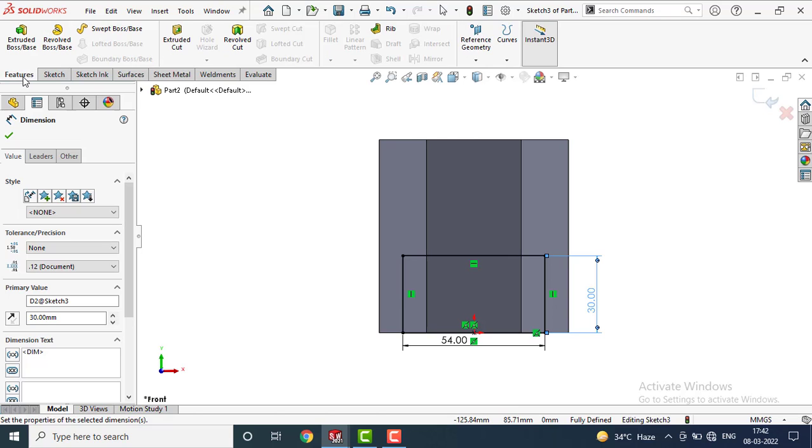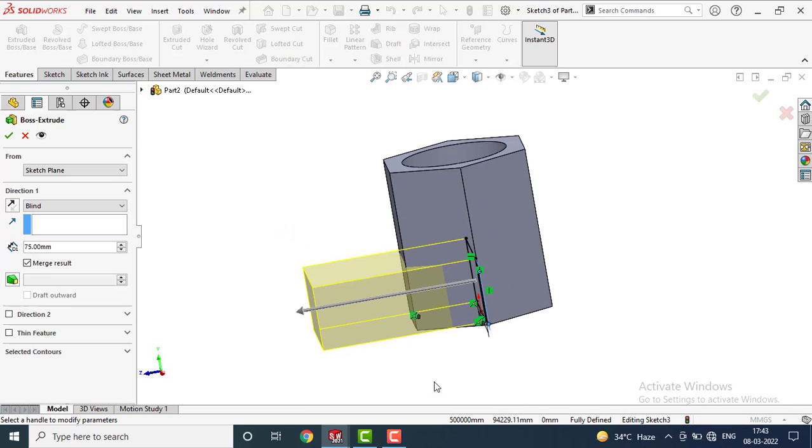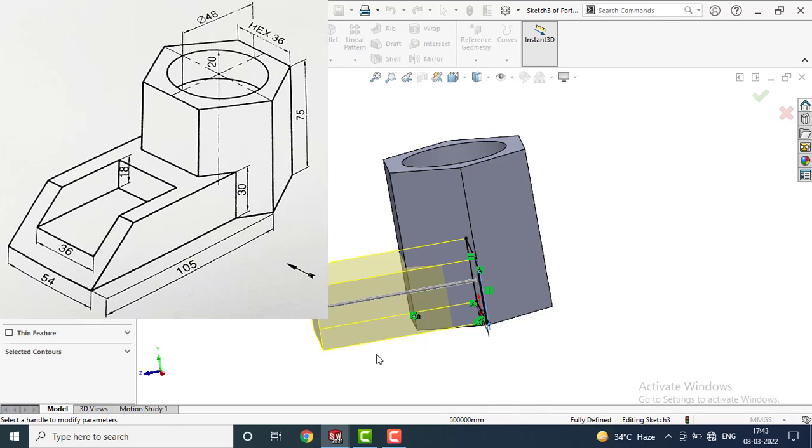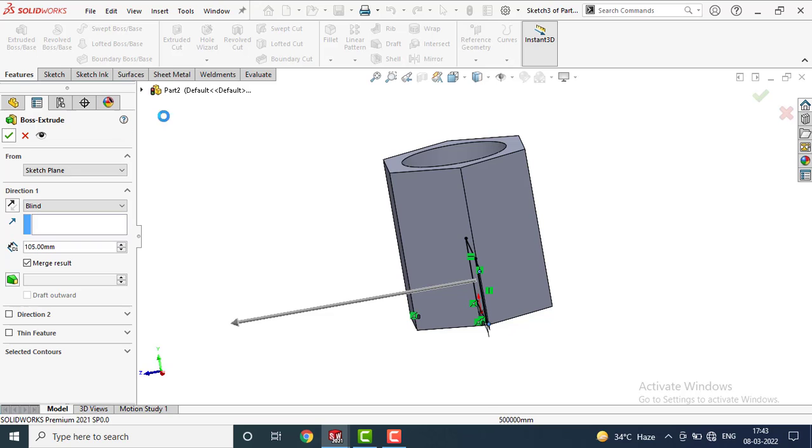Again go to features, select extruded boss. As given in the figure, the distance of this object from this edge of the polygon is 105 mm. So just type 105 here, press enter. Click on OK.